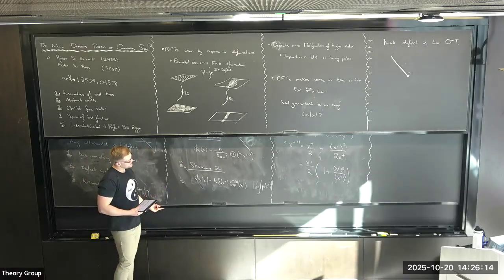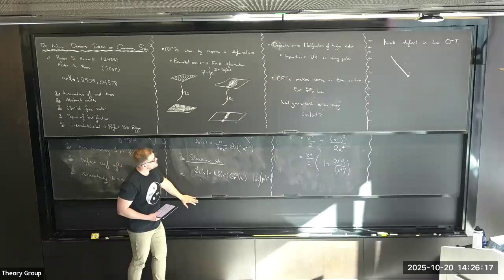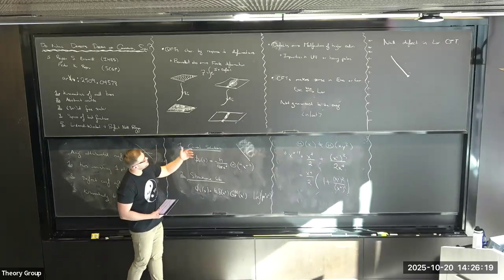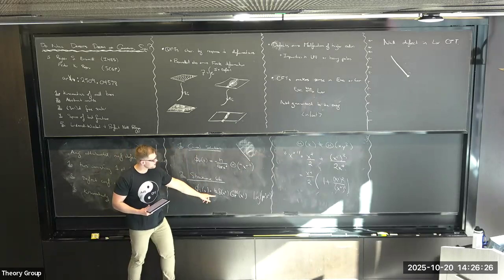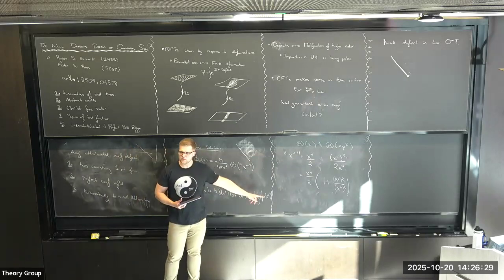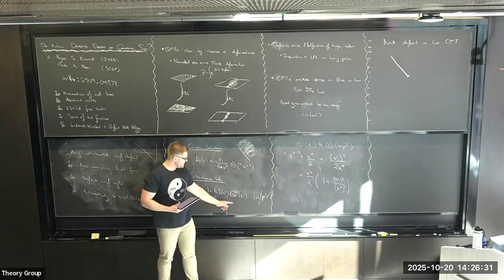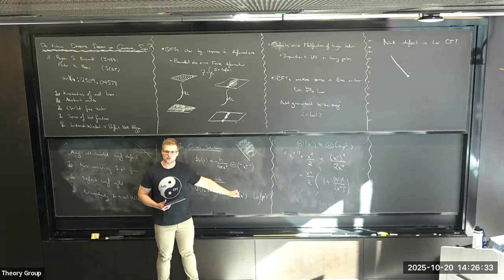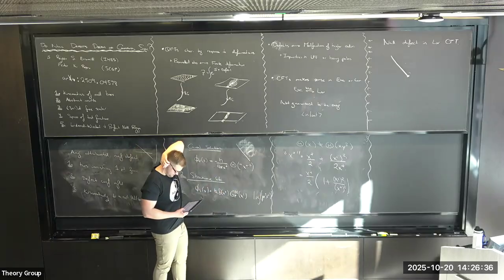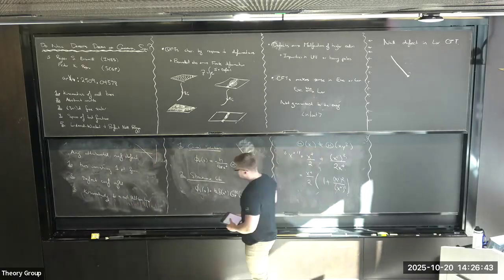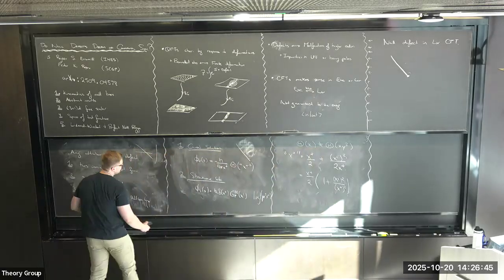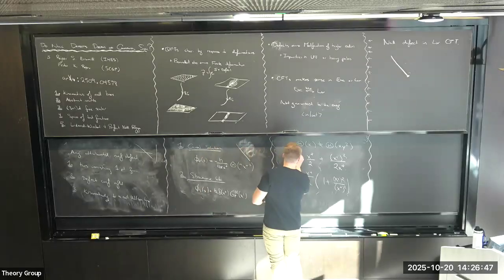You may also notice something else. Look at this shockwave solution. I said to you that if a free scalar exists, one of the things it has to preserve is this D symmetry. But this creature here, the shockwave solution, has an arbitrary scale, mu. And so you say, okay, that means that you've spontaneously broken your scale symmetry, maybe. Yeah, that turns out actually not to be the case. It turns out not to be the case for some technical reason, which I'm definitely not going to have time to go into.